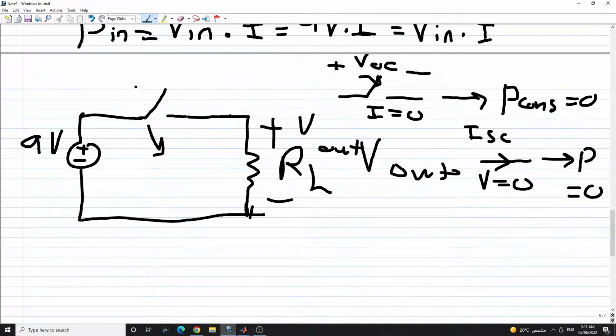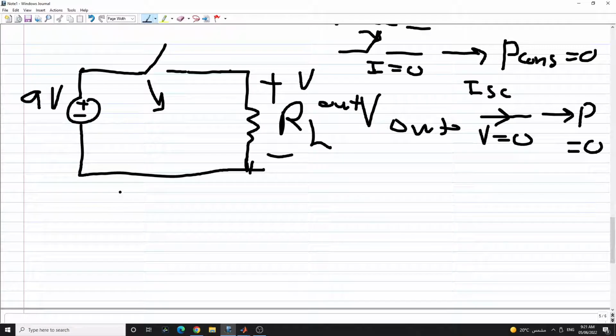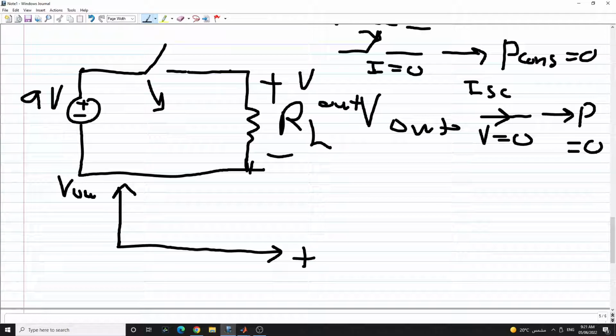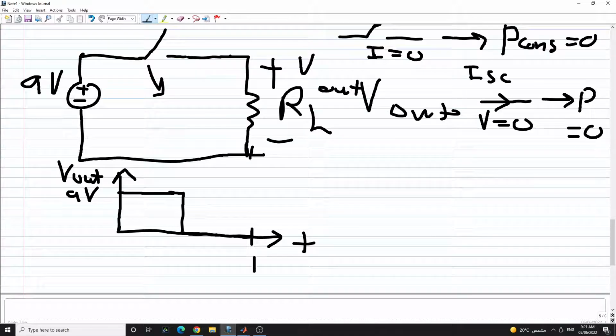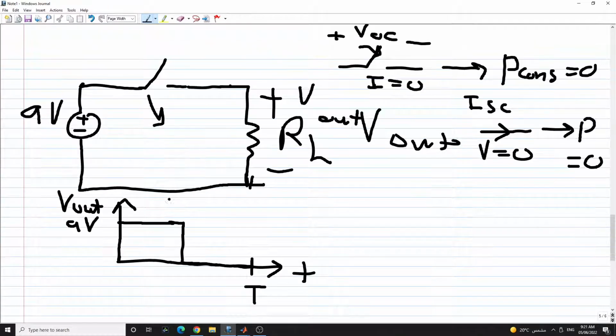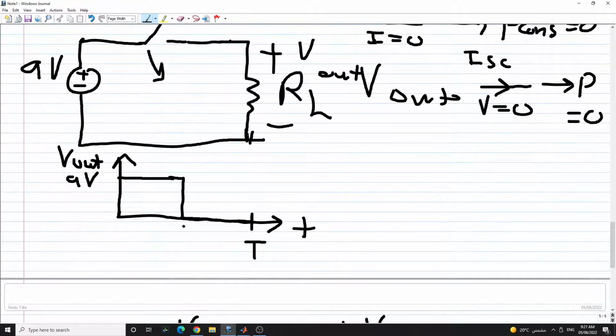And now let's say we turn the switch on and off repeatedly. So what's going to happen is, and this is going to be a function of the output voltage with time, once we turn on the switch, we're going to have an output voltage of 9 volts. And once we turn it off, we're going to have zero output voltage. And now if we keep on repeating this sequence over time, we're going to keep on getting this waveform, which has some period